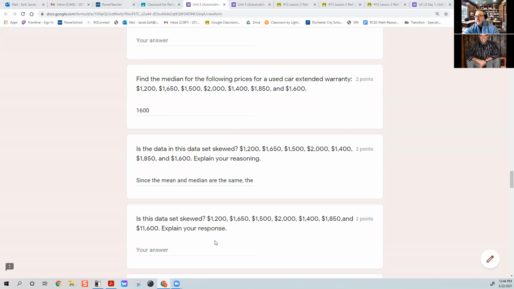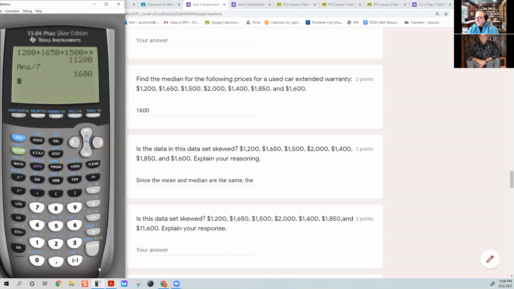All right. The next question asks, is this data skewed? Well, it's the same numbers, only one number has changed, right? We've now replaced the 1,600 with 11,600. Well, let me show you a little trick on the calculator. You don't have to memorize this right now. You don't have to learn this all right away, but this will save you a lot of work in the long run if you can learn how to put data into your calculator through the stat